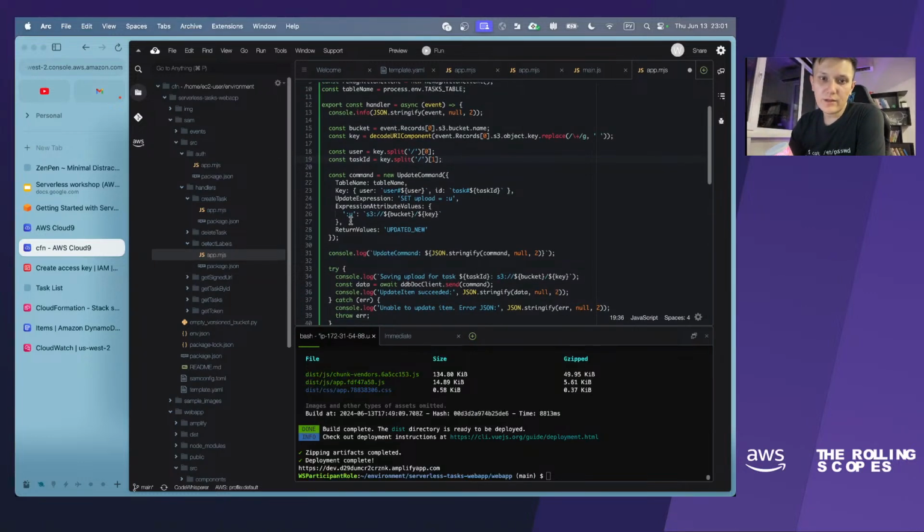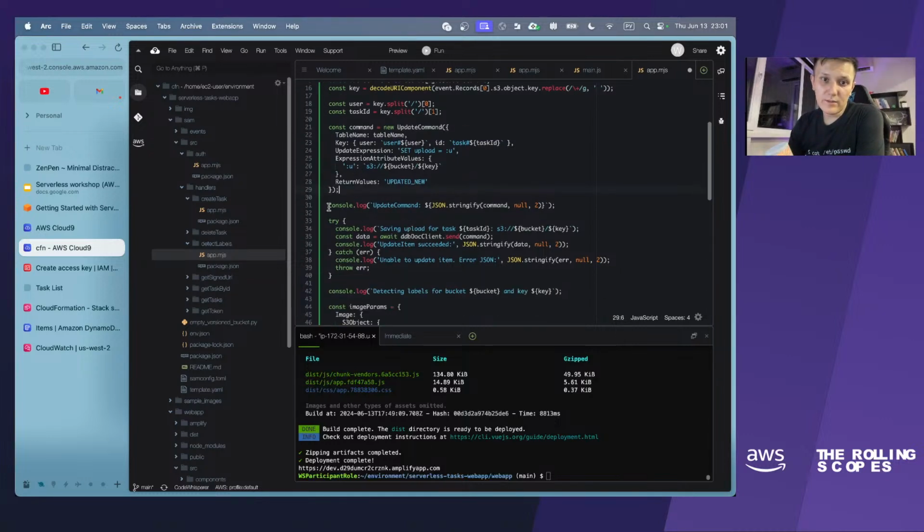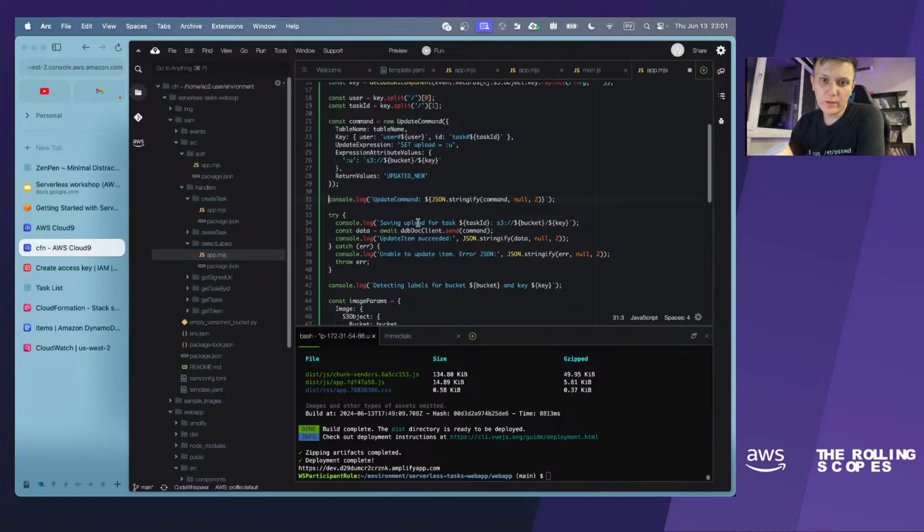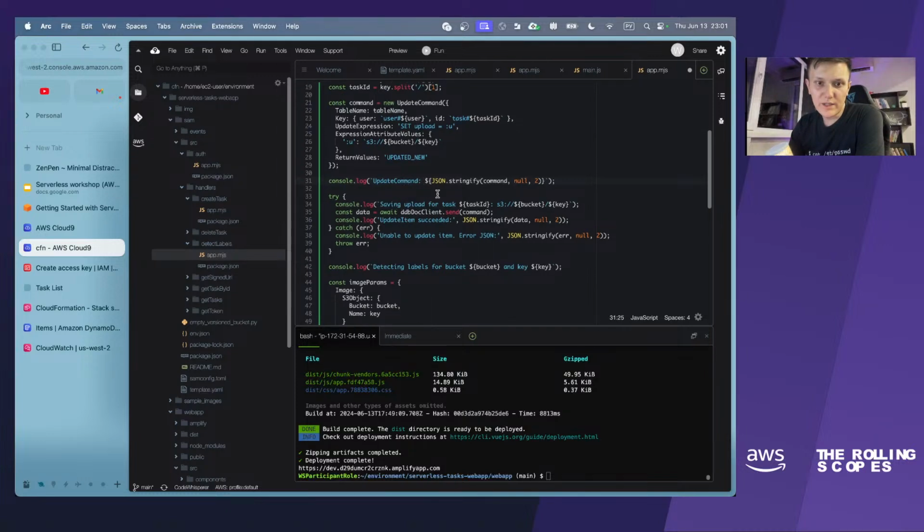And here we will create a command which will update our DynamoDB entity, the task entity. Update command is sent here.